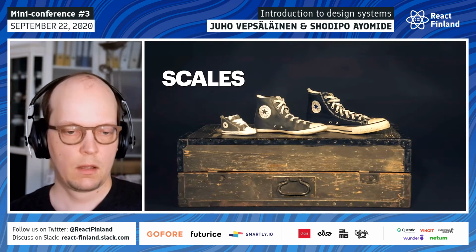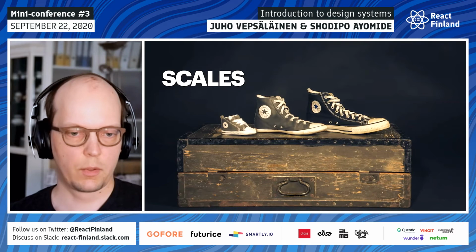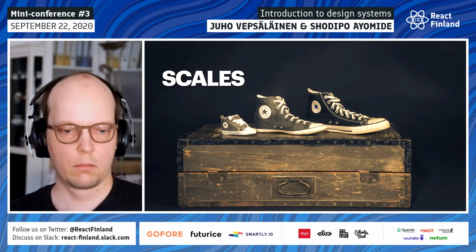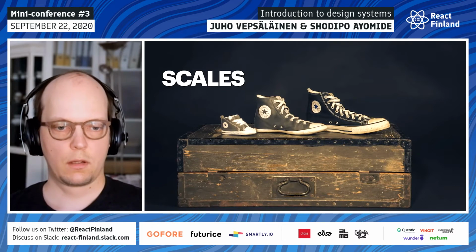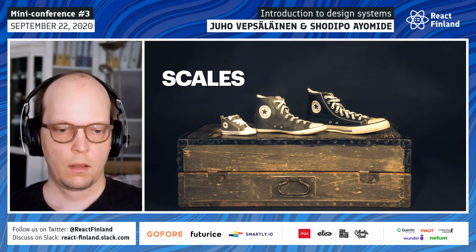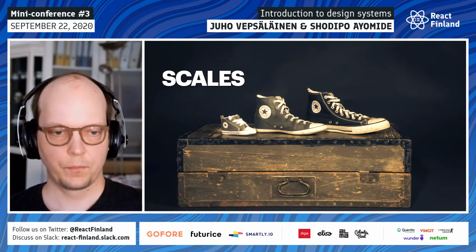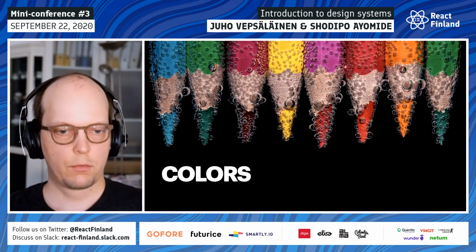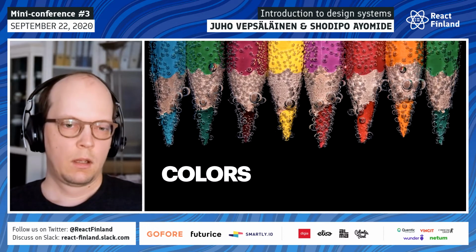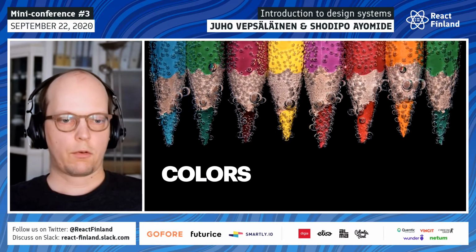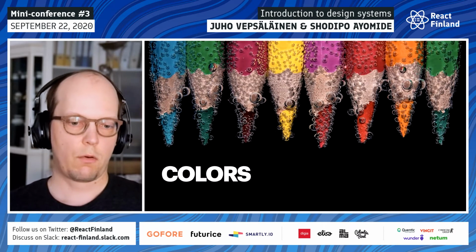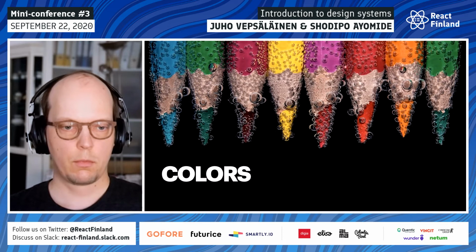So you have scales going from small to big, and you give it some abstract number. So the number is encapsulating the actual value. And as it happens, it's a valuable property. I can show you from my system later. And as I mentioned, colors are a good example of tokens as well. So you can give colors specific names, and then you can go from color name or lookup to an actual color.